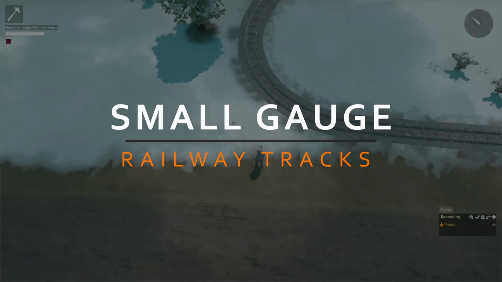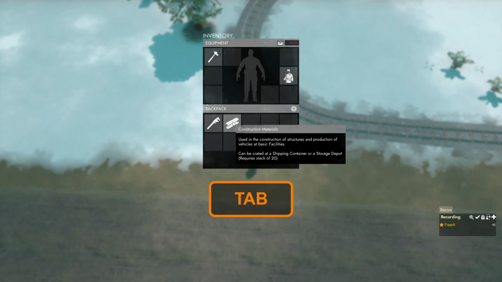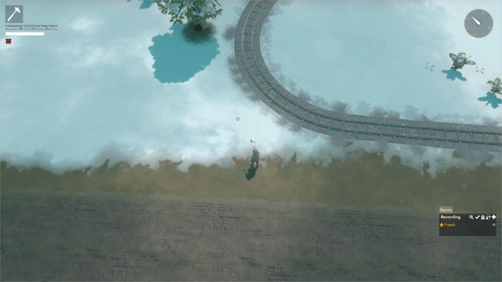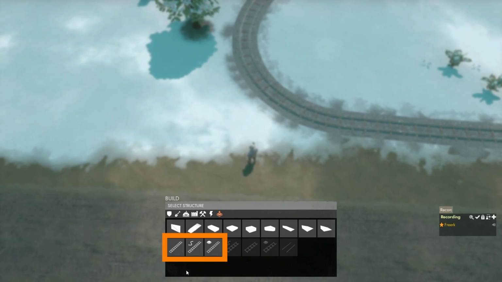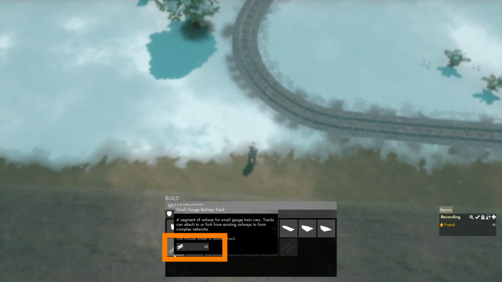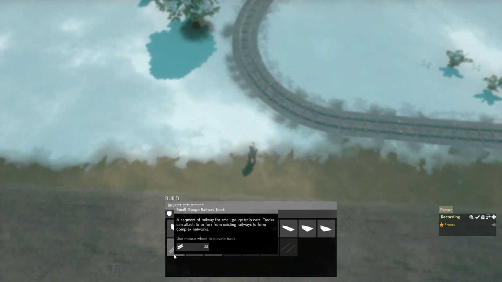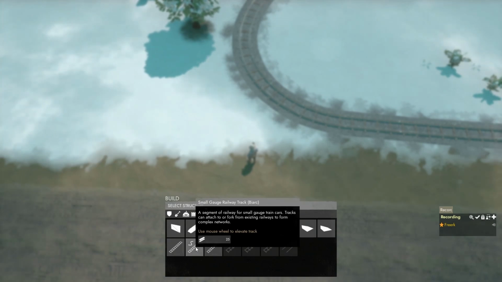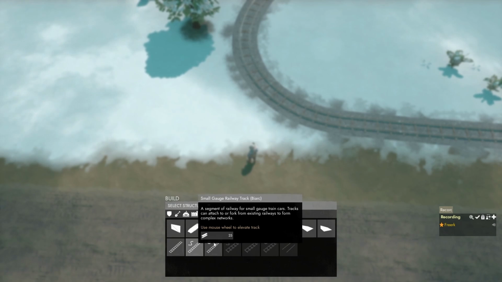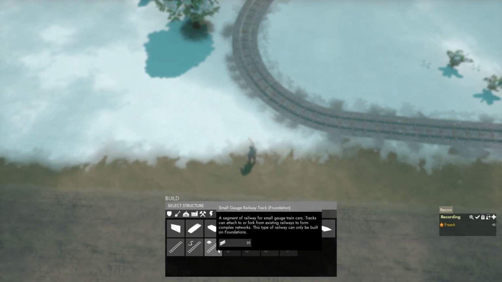To make small gauge railway tracks, we need construction materials and a hammer. We press B to open the build menu, and in the foundation category we can see that there are three types of small gauge railway tracks. There is the normal one that is used for making railways on normal ground. There is the bi-arc that is used for special bends, and there is the foundation type that is meant to